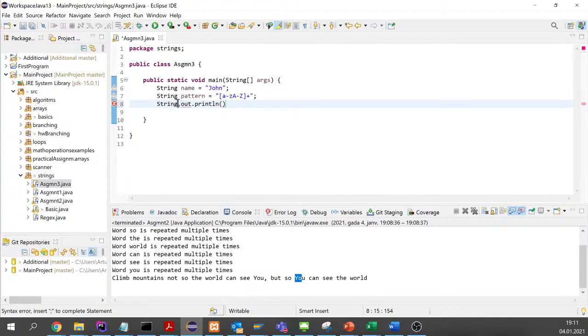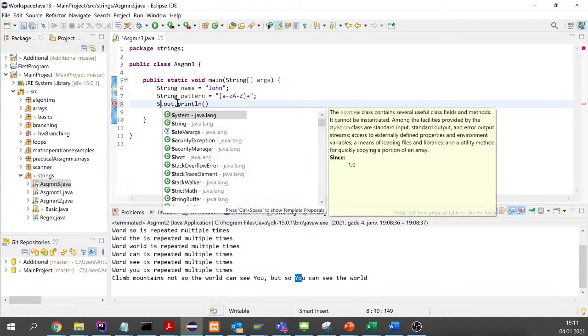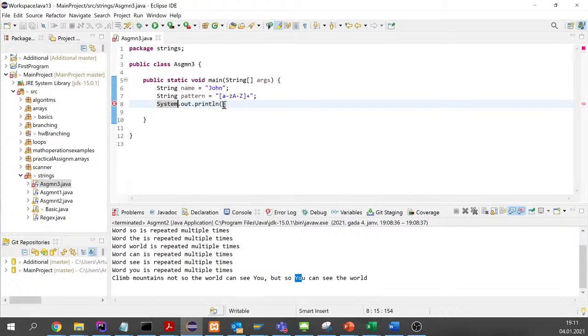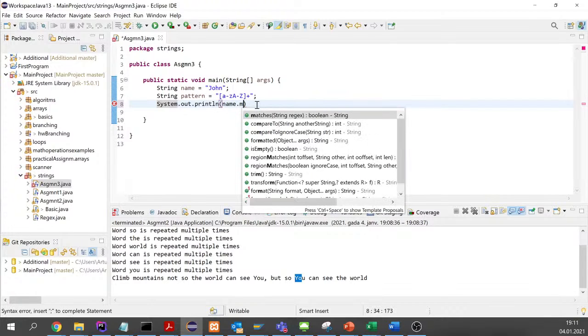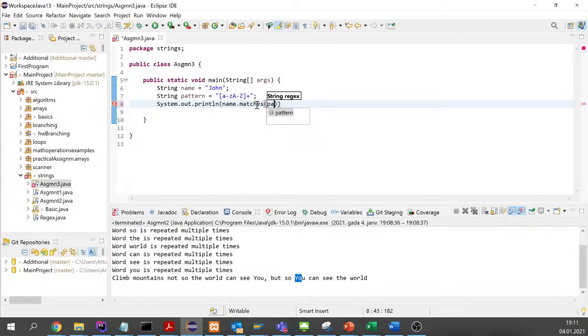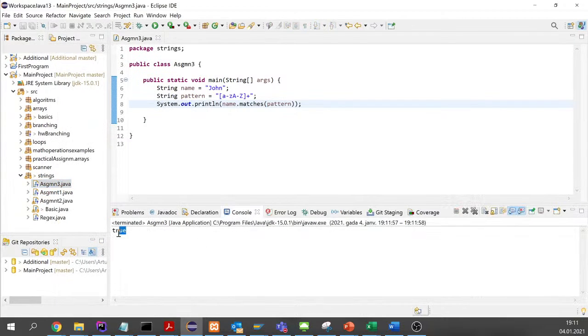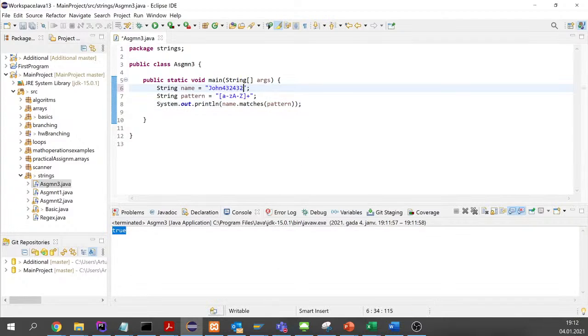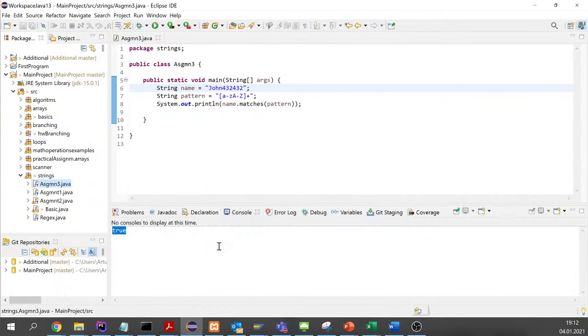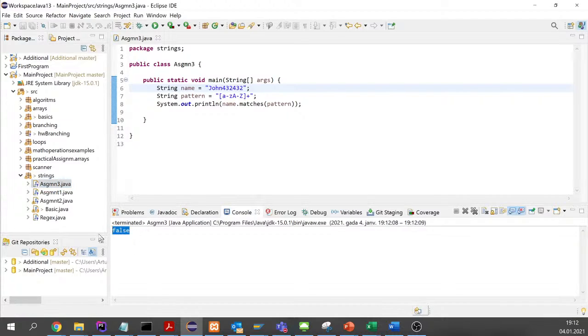Now let's test it. Let's use a string, today. Yeah, system out print, and let's check the matches, and here we can pass our pattern. Let's see what is the result. The result is true, because only letters are allowed. If we type something like that, then we will see that the pattern will be false, because